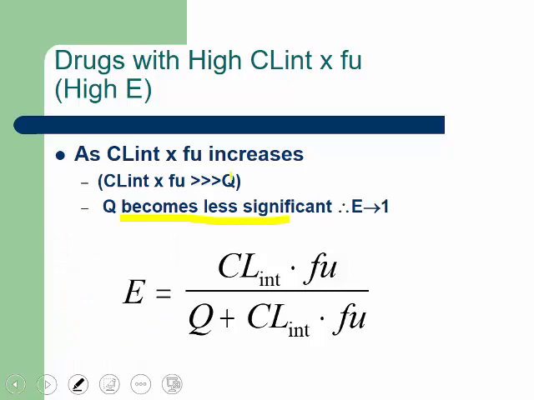Your Q will become less significant as E is approaching 1. So what happens here is that because our Q is much less than our intrinsic clearance times fraction unbound, then our Q will fall out of this equation,